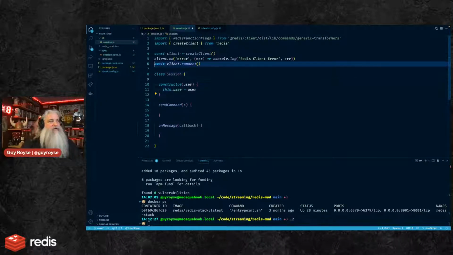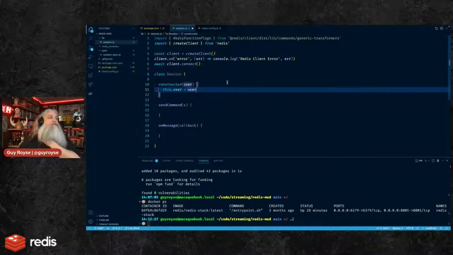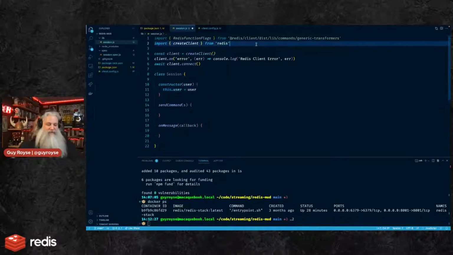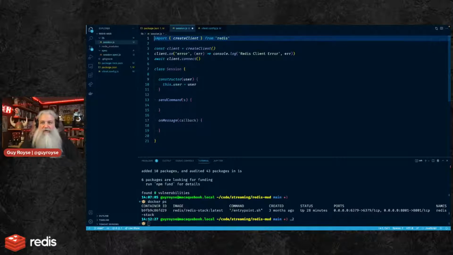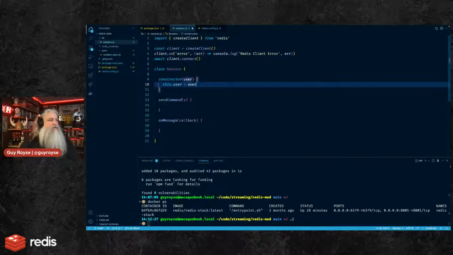So this client here can be used by everyone, but the session needs its own client, because if I want to do PubSub, then the client that the PubSub needs to use needs to be separate. As soon as you subscribe to things, it takes over the connection. Nothing else can come in. And so I think this session needs two clients, but the outer client here could be shared by everyone. But the client for message consumption, messages coming in, I think would work best for this alone.